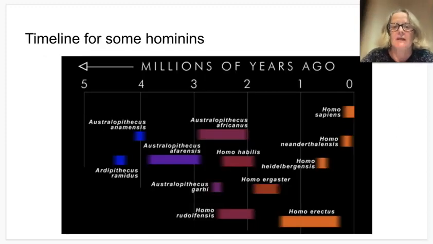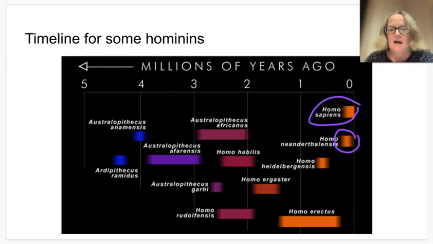So if we look here at a timeline for some hominins, you'll see we are still alive. So we are extant, we are here. And everything else is extinct on this. So Neanderthals are here, so Homo sapiens overlapped with Neanderthals. Here's Homo erectus, so it means upright man. And then lots of other names that you may have come across,